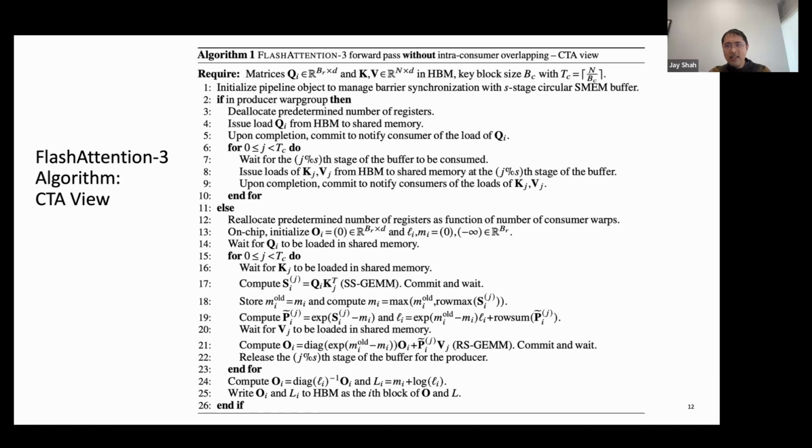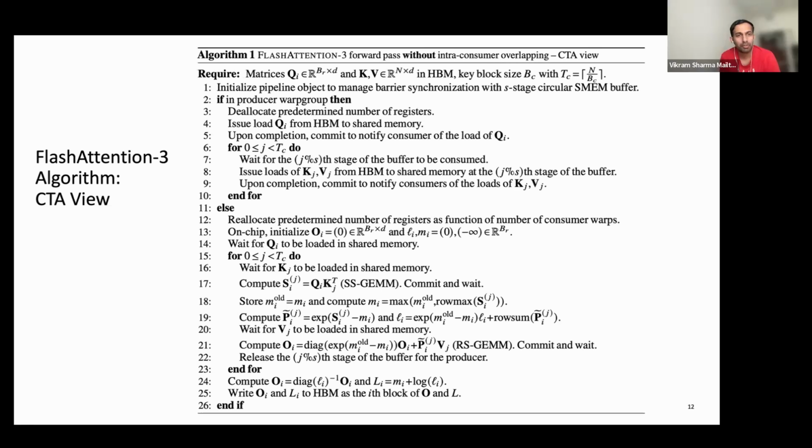In fact, in SM80, the FlashAttention 2 implementation there already used cp.async to asynchronously load tiles from global memory. However, for Ampere-style kernels like FlashAttention 2 and GEMM kernels, typically a multi-stage design where you interleave consumer and producer within the same warps is more optimal. But instead on Hopper, we want to use warp specialization for FA3.